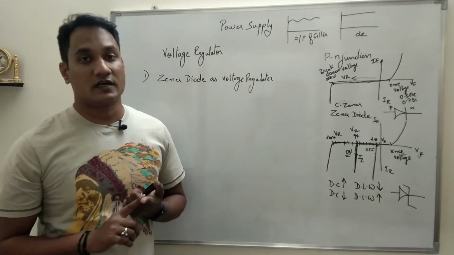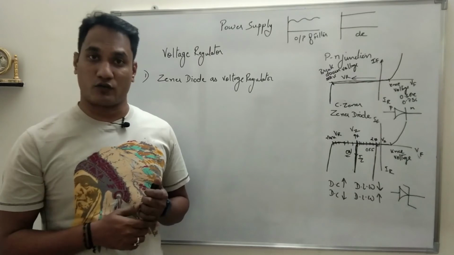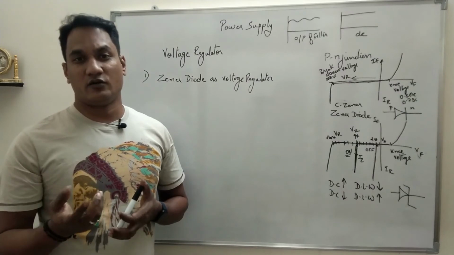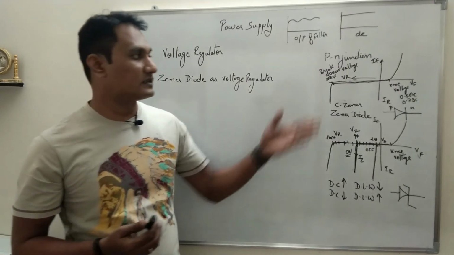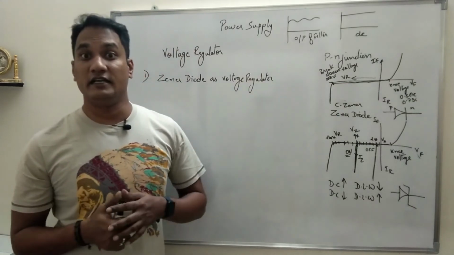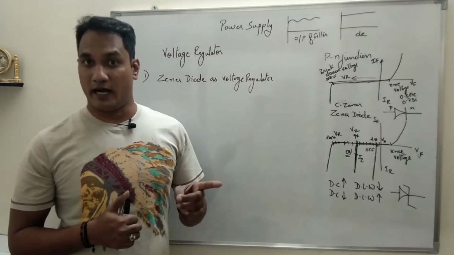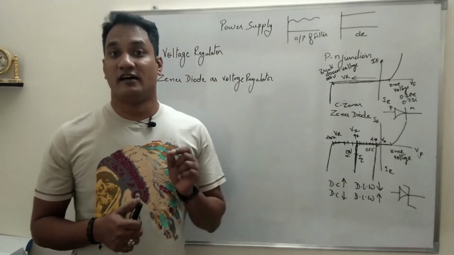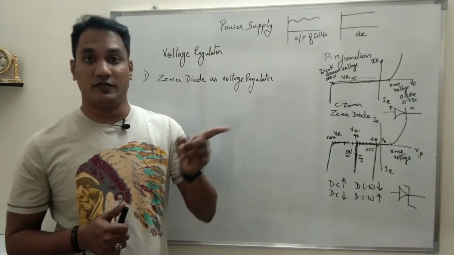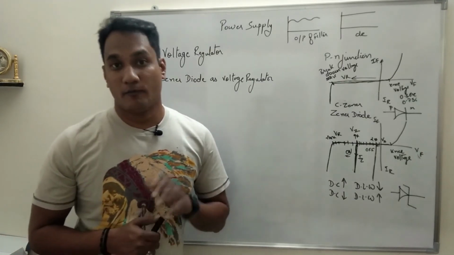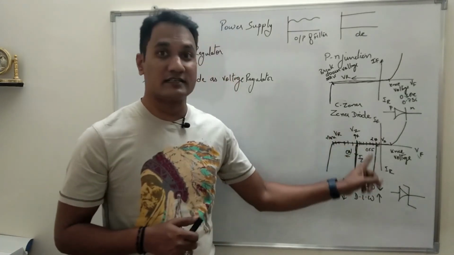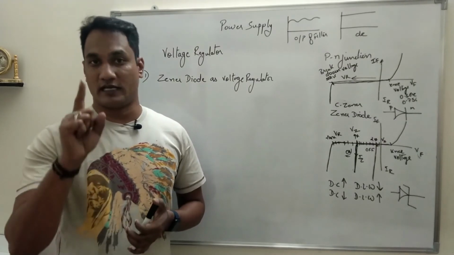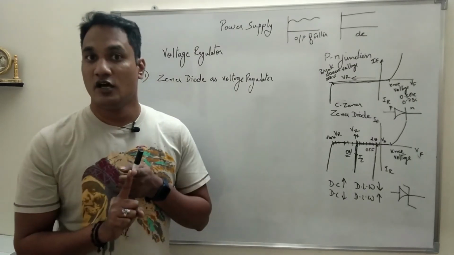The first is the Zener diode should never be connected in forward bias condition, because it works similar to an ordinary diode, and an ordinary diode is very cheap as compared to a Zener diode. So obviously we are going to use an ordinary diode when it is connected in forward bias mode. The Zener diode should always be connected in reverse bias condition. That means P should be connected to negative and N should be connected to positive, because that is where its application lies. That is the first thing for the Zener diode to be used as a voltage regulator.